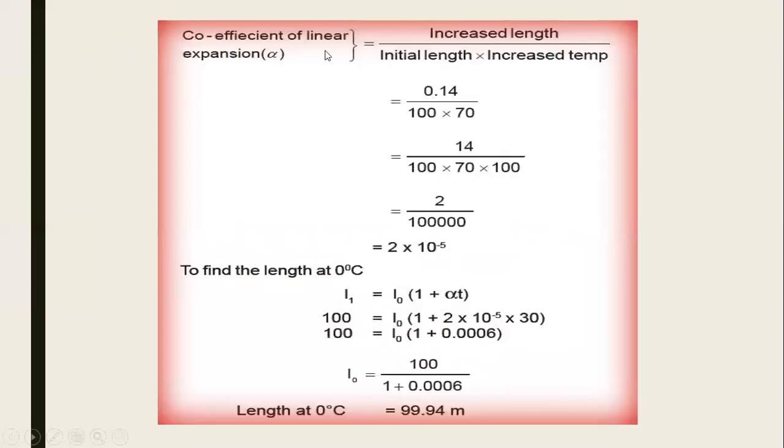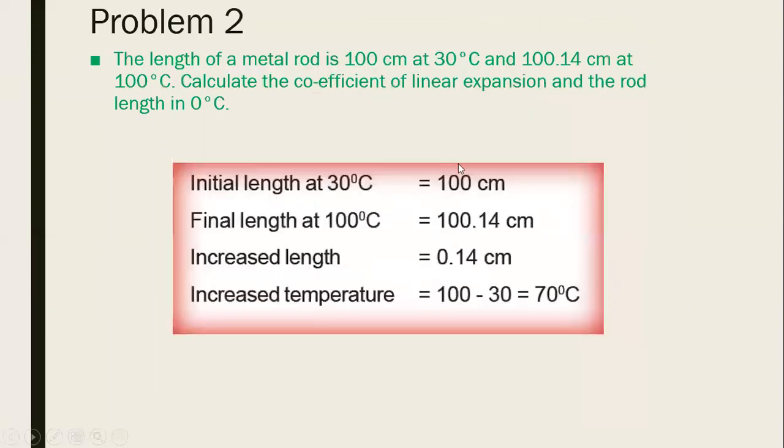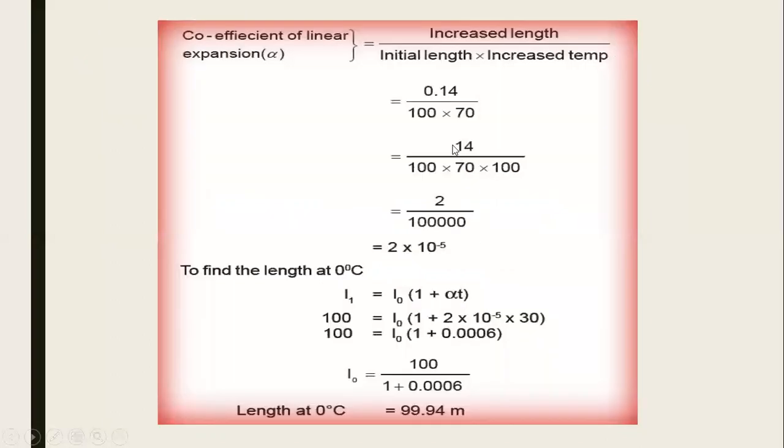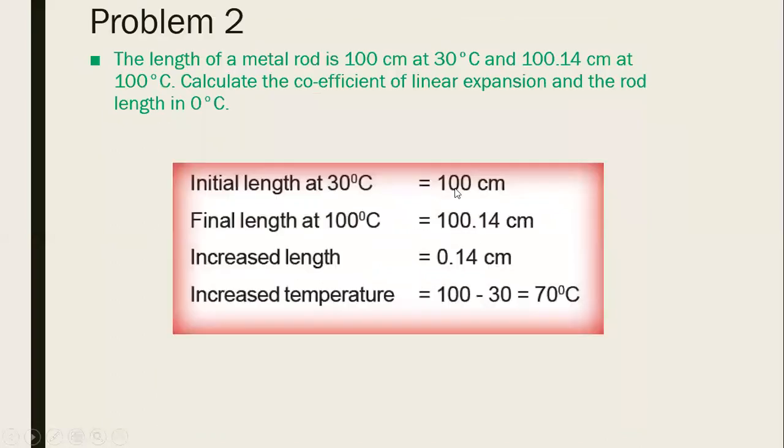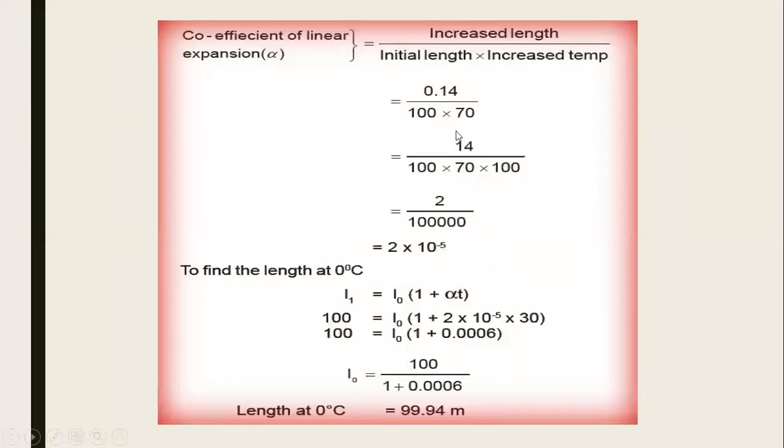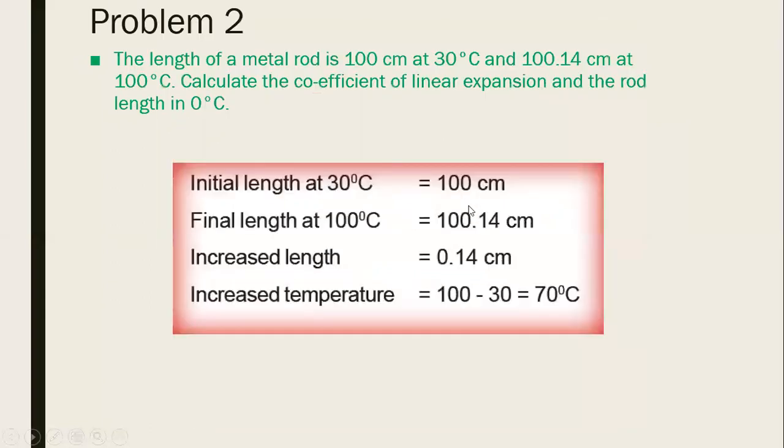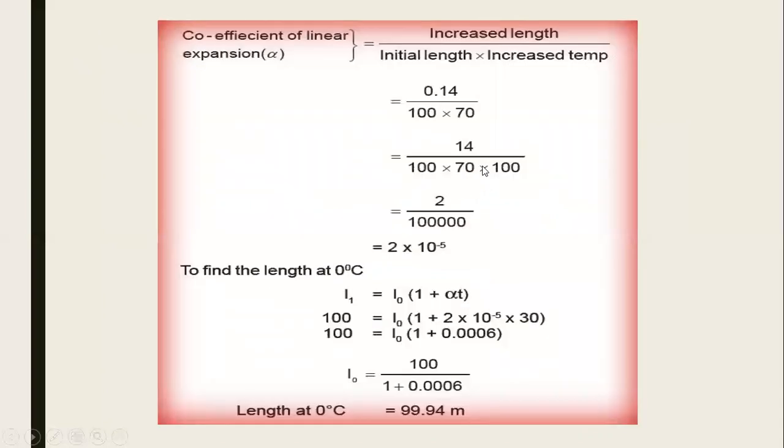So what is the coefficient of linear expansion? Increased length, what is the increased length? 0.14 divided by initial length. What is initial length? It is 100 centimeter. Then what is the increased temperature? Increased temperature is 70 degree. Okay. So